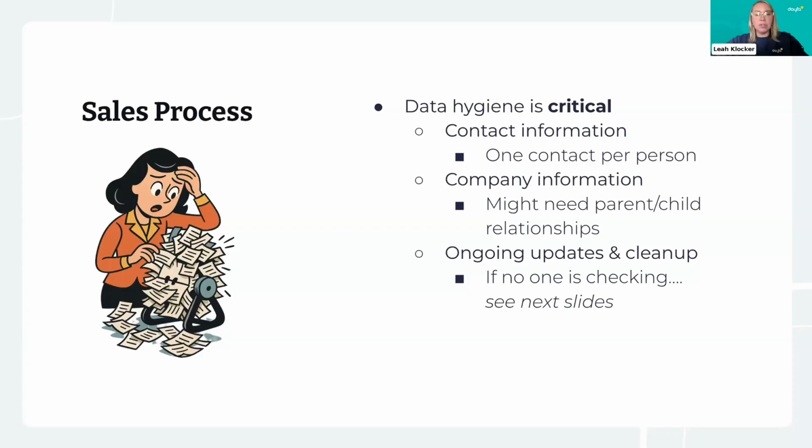In your CRM, you might need to think in terms of that parent-child relationship as well, especially if you're working with franchises, subsidiaries, or multi-brand portfolios. So for example, if you are working with Coca-Cola, but you also might be working with Sprite, Fanta, Fresca. You want to organize these correctly in your CRM.